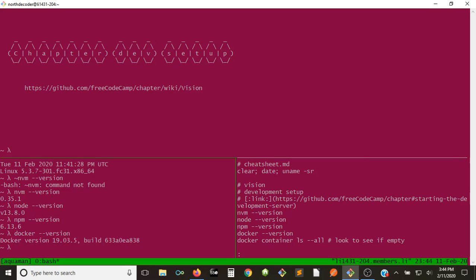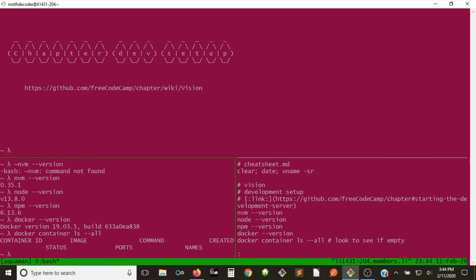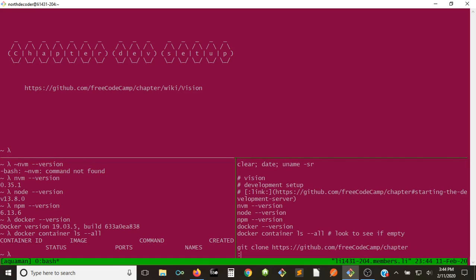So, and we should probably also make sure that there aren't any other containers already installed. And we see that it's empty. So I took the liberty of making sure all of that was installed to make the video a little bit